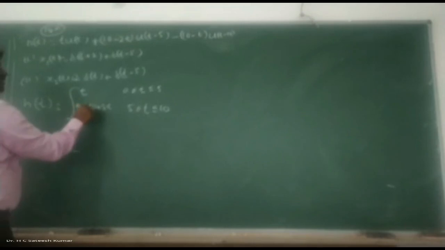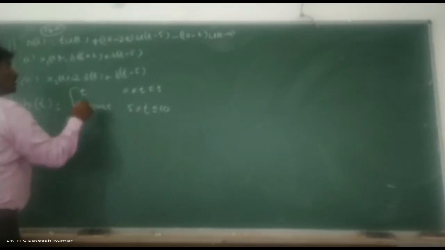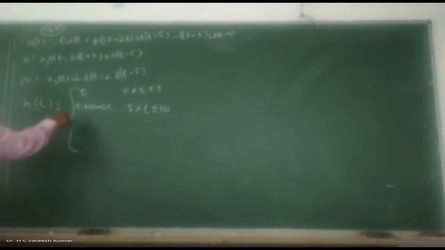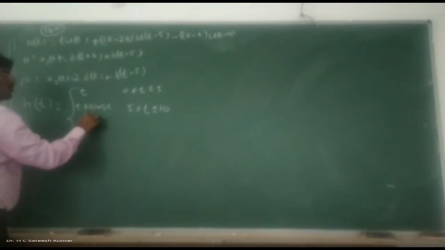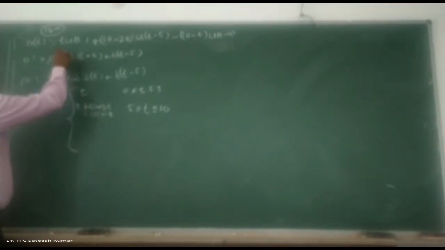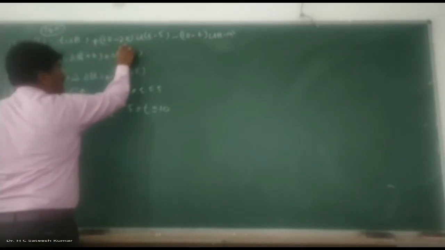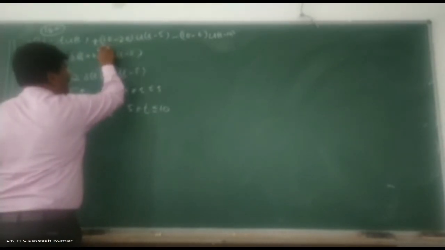Okay, now what do we have? Plus 10 minus 2t, which is t minus 2t, which is equal to 10 minus t. Observe here, originally it is 10 going with a slope of 1 with t. For the first part, I am adding this signal, and its value is 10 minus 2t. 10 minus 2t plus t is nothing but 10 minus t, you will get it between 5 to 10.